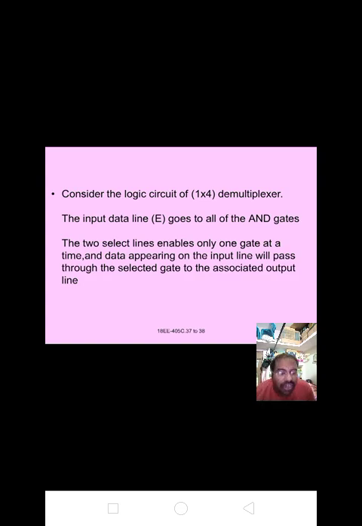Most important, don't confuse. Multiplexer is 4 into 1. Demultiplexer is 1 into 4. If you confuse and write this answer for that and that for this, you will lose marks. Please concentrate on your studies and get a good score in your examination. The most important ones are the definitions of multiplexer, logic diagrams, logic symbol, Boolean expressions, as well as truth tables, applications and IC numbers. Demultiplexer has the same concepts, but in reverse.